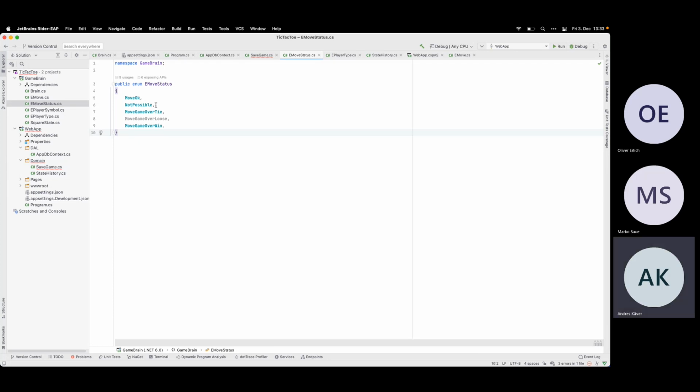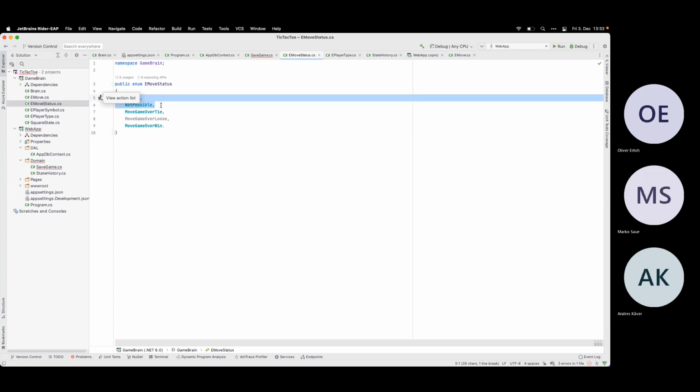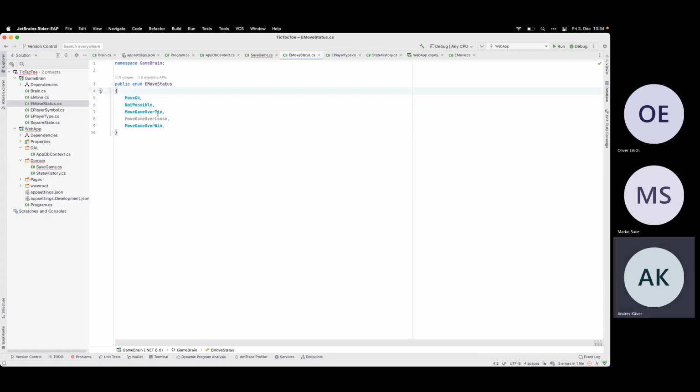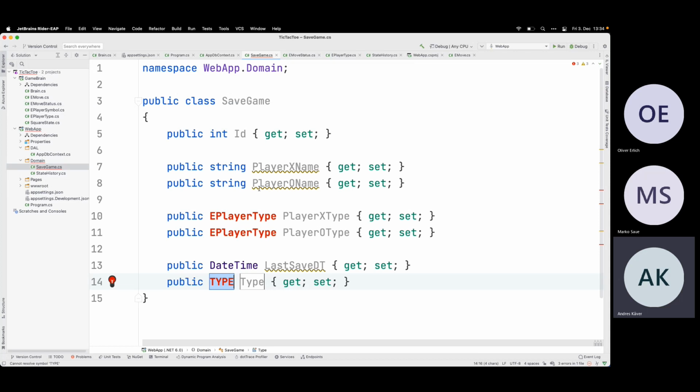Like if the status is move OK or move not possible, the last one, then you can still continue the game. And if it's not that, then it's one of those game overs for whatever reasons. Or I can make it generic, probably it's better as a boolean. Maybe bool, let's say game over.